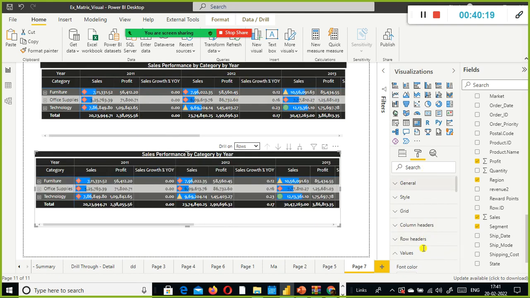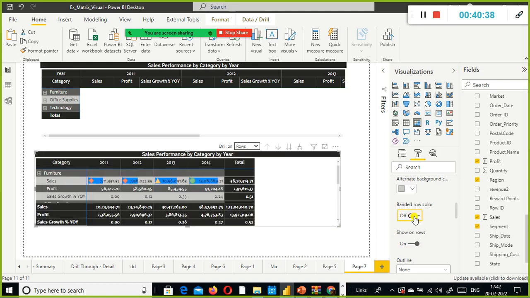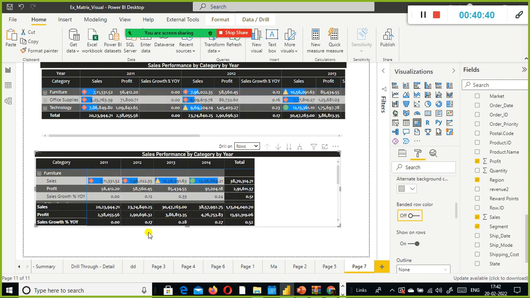So I just go to the values section here. I enable show on rows. Banded row color, I just disable this.